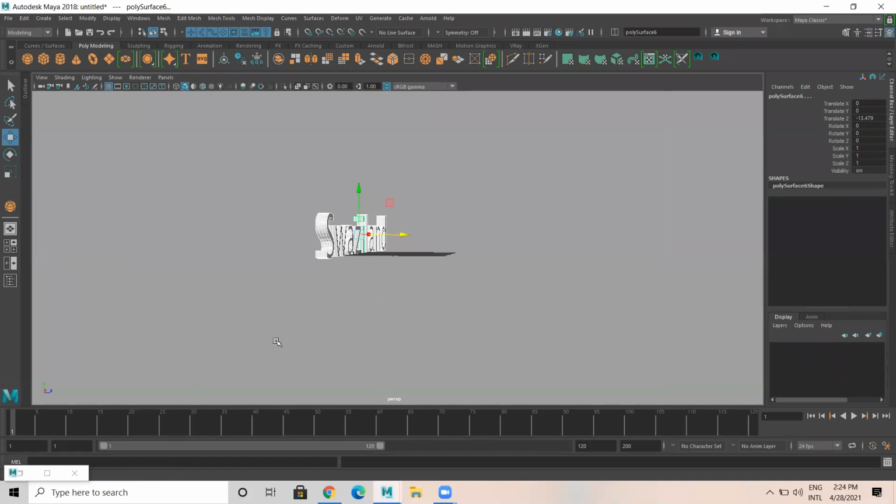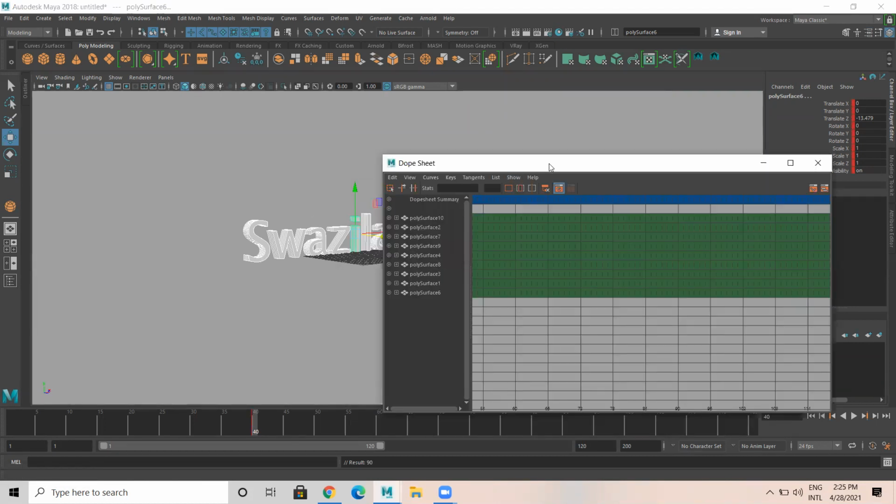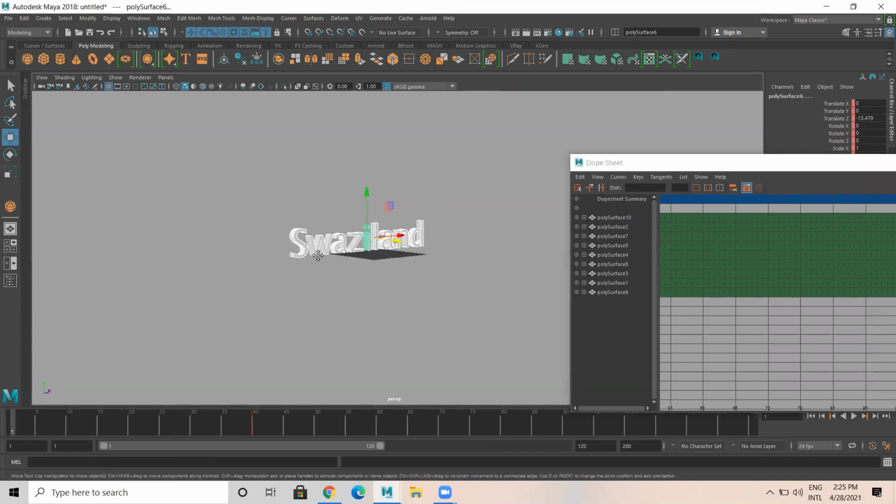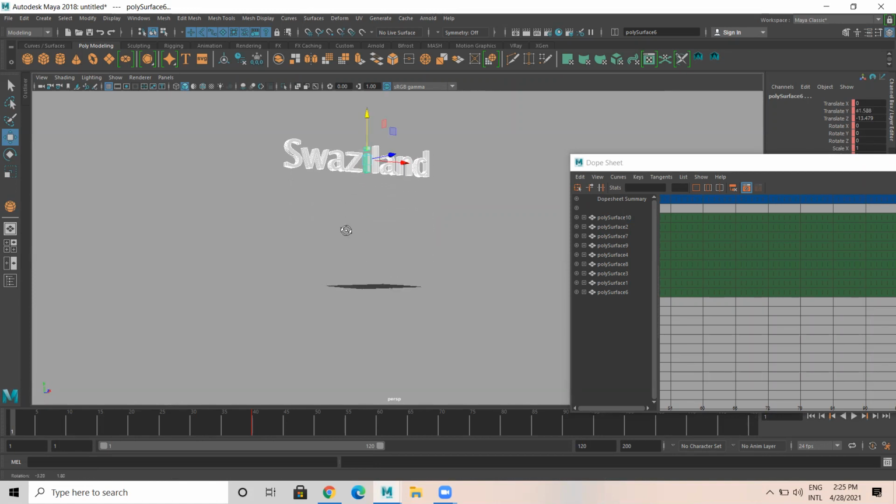so let's say at frame number 40, I'm gonna set key this. At frame 40, select this, press S, set key. Frame number 1, I place this on the top, set key.